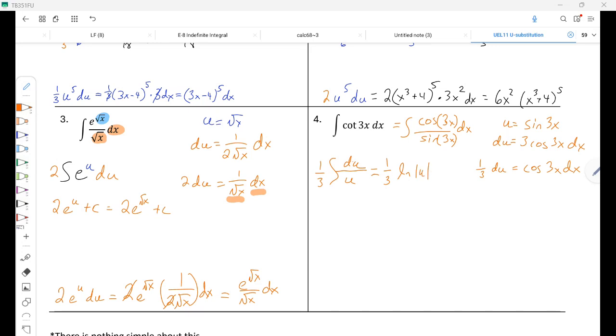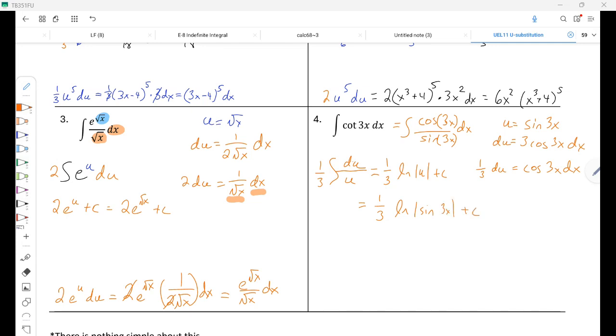ln of the absolute value of u plus c. Didn't forget it, which makes the answer to this problem 1/3. My color coding is right out the window. 1/3 the ln of the absolute value of u, which is sine 3x